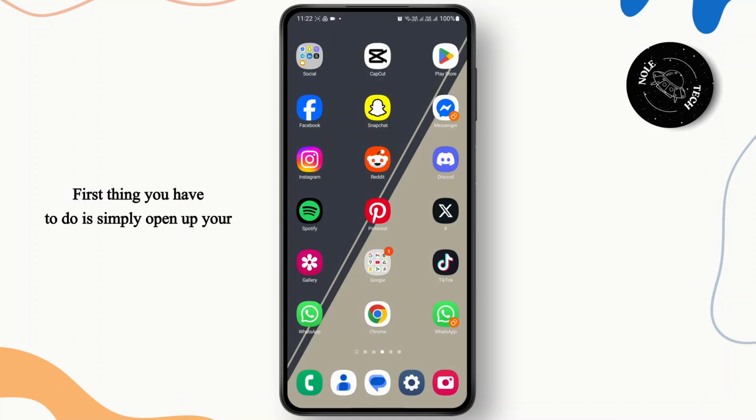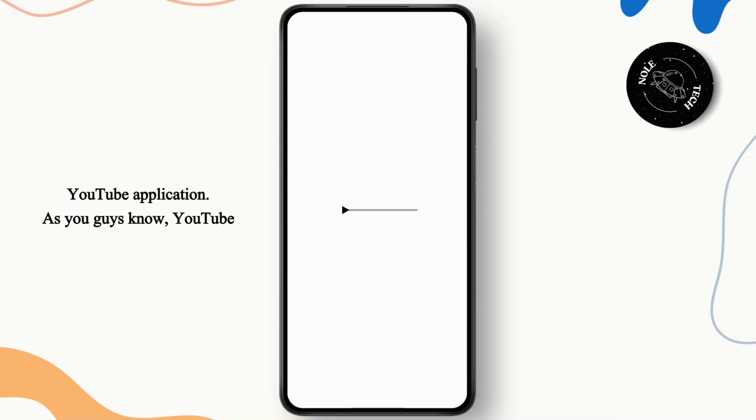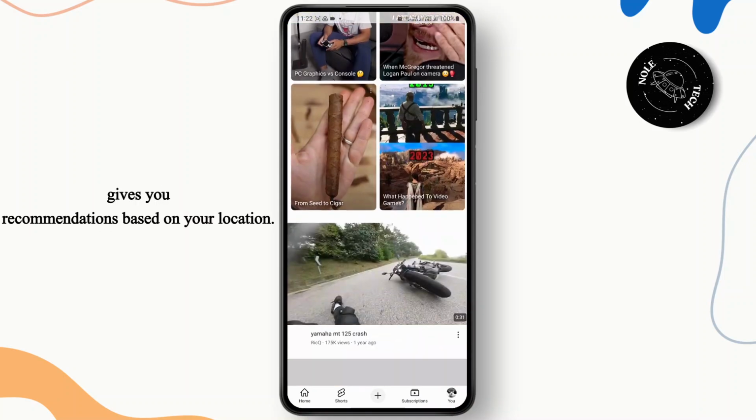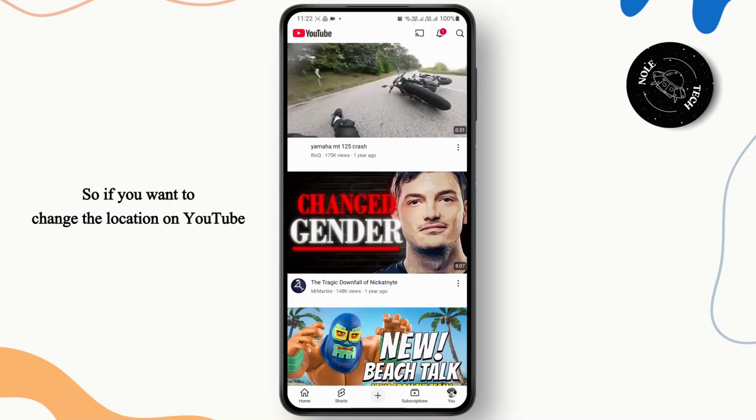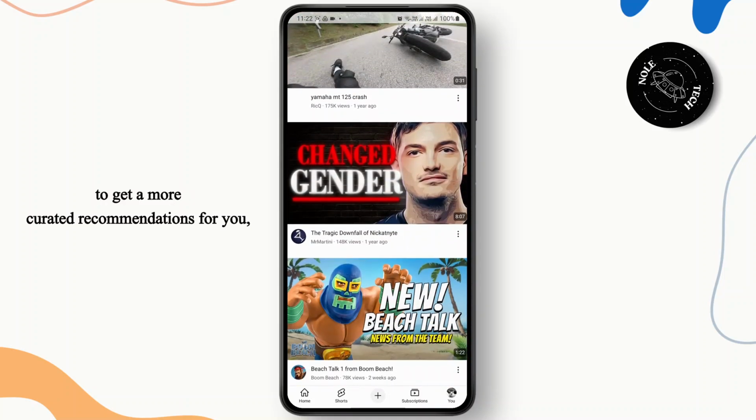First thing you have to do is simply open up your YouTube application. As you guys know, YouTube gives you recommendations based on your location. So if you want to change the location on YouTube to get more curated recommendations for you, you can